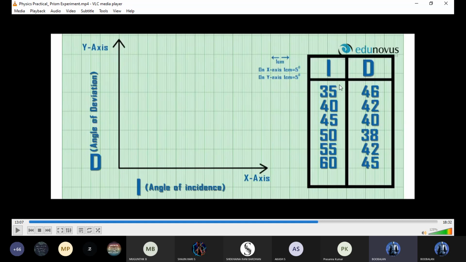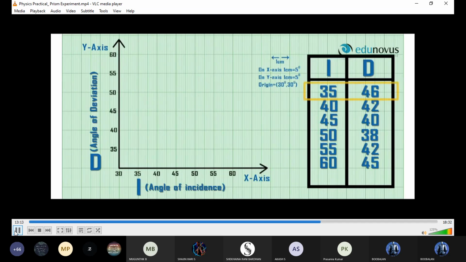Because of the angle of incidence and deviation, we are taking only degrees. Using the protractor, only degrees: 35 degree, 40 degree, 45, 50, 55, 60. So this is degree. If you write 5 unit, 3 unit, 2 unit like that, it is entirely wrong. In this graph scale, 1 mark is there. Next, the angle of incidence is on the x-axis, you want to draw the angle of incidence on the x-axis. If you do this on the right side, or the y-axis, it is also wrong. Origin is 30 degree, 30 degree.